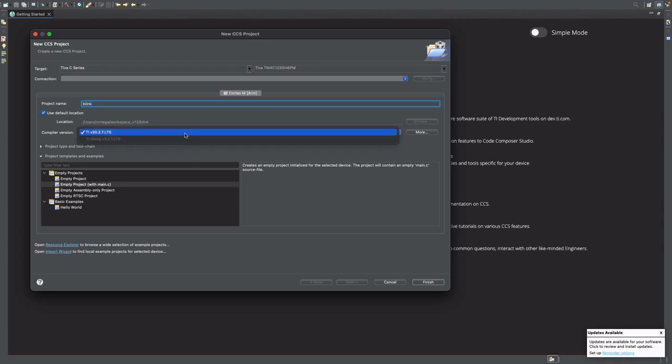We choose the compiler version. This is fine, the Texas Instruments, and here it gives us several options for which kind of project we want to create. We can create an empty project, no files. We can create an empty project with the main C file, or we can create an assembly only project. In this case, we want to choose the empty project, but one that gives us a main.c file. We're going to click finish,